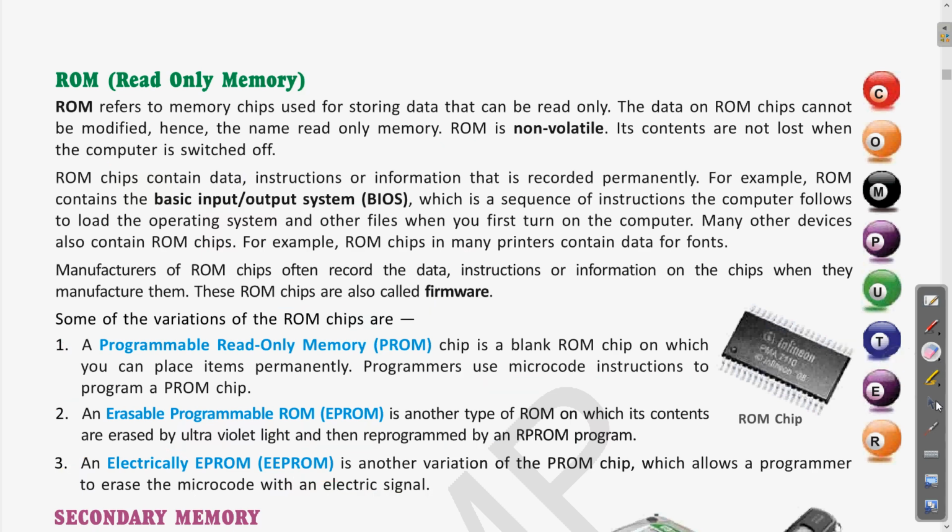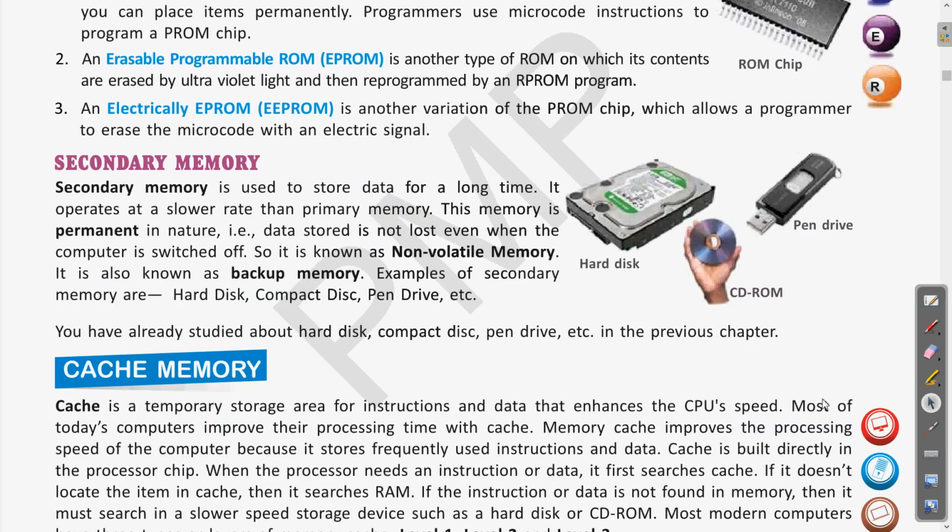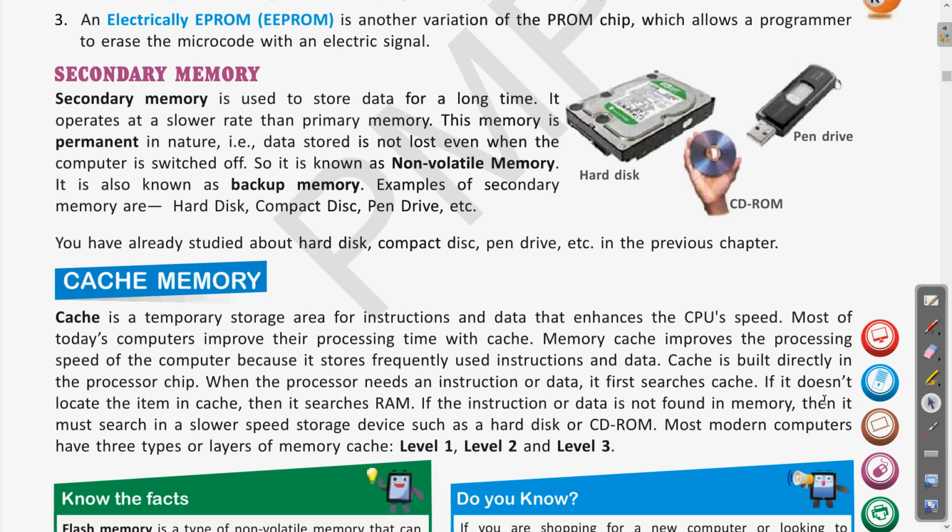Okay. Now let us see further what we have seen. We have seen the secondary memory. So what is the secondary memory? Secondary memory is the storage memory, which is used for permanent storage. Clear? And this is also called non-volatile in nature. Why non-volatile? Because it is saving the data permanently. Clear? So the hard disk, pen drive, CD-ROM, DVD, Blu-ray. Clear? So these are all the different types of secondary memory, where you can save the data for a long period of time without losing its content.